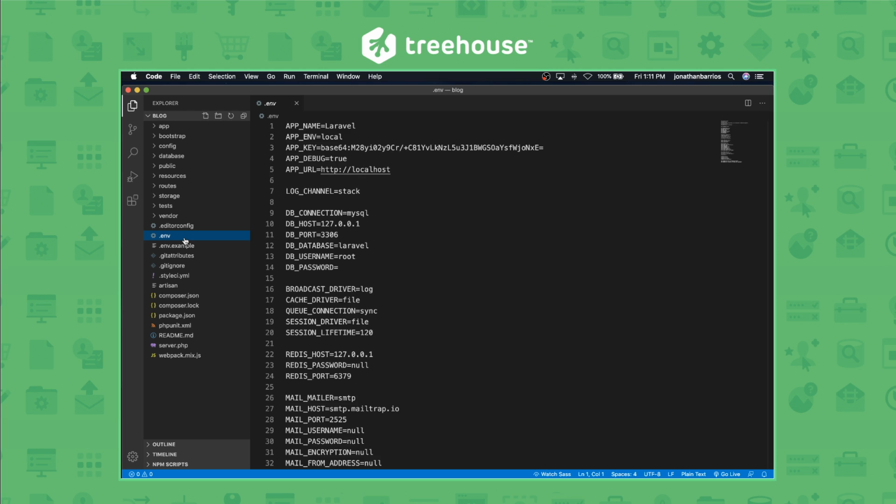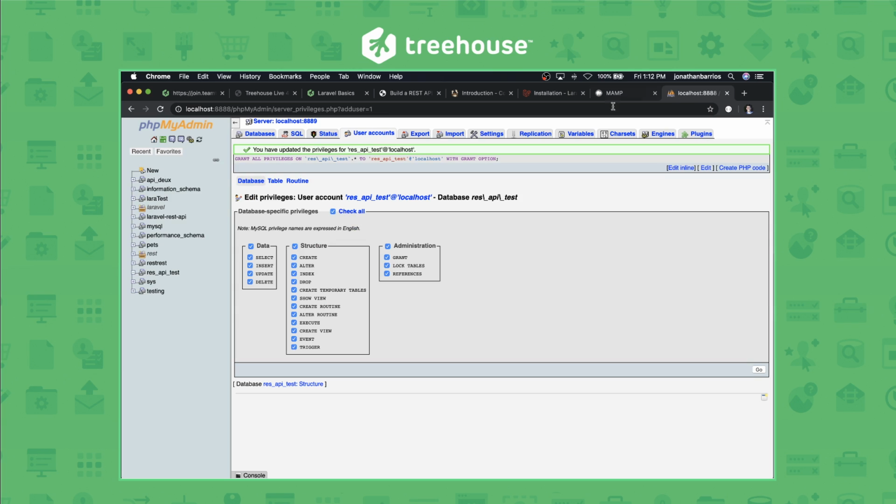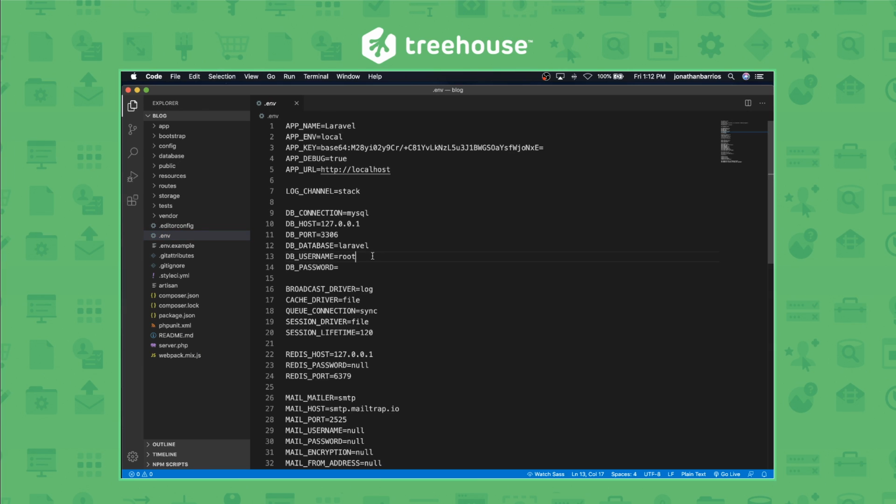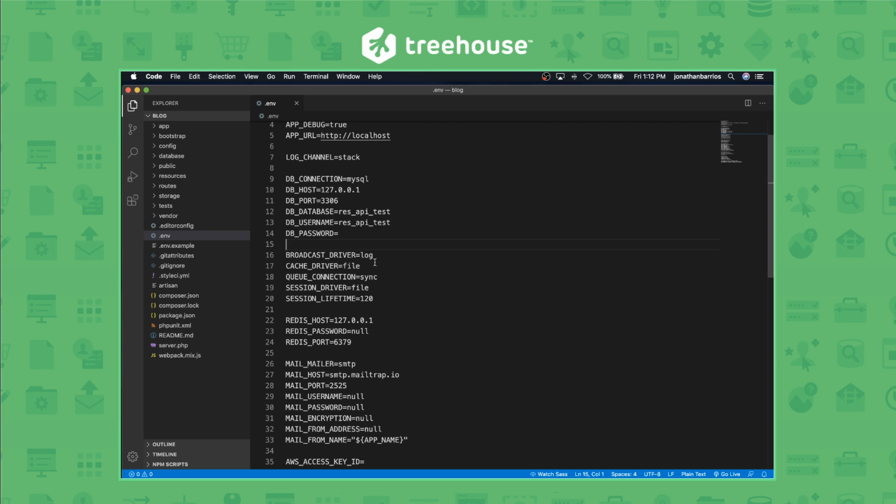First, we're going to head to the .env file, which is your development environment credentials. Okay, so that is the name that I used for the database, and that is the name that I used for the user. Now, if I save this and I try to migrate it,